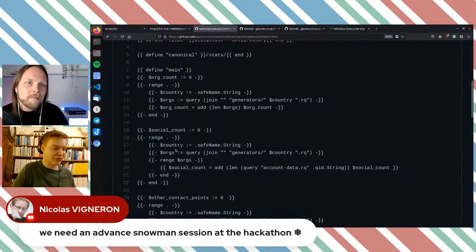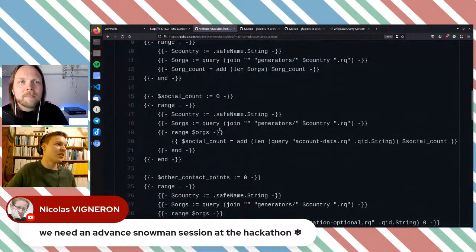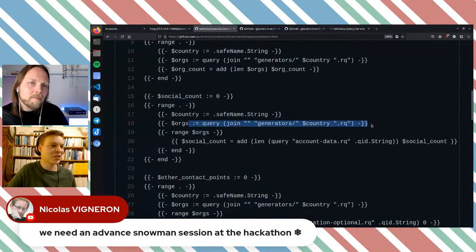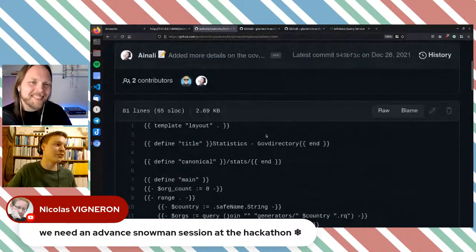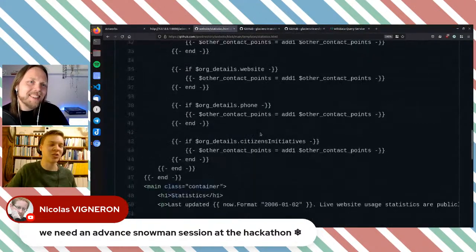Let's see if I can zoom in even a little more. We, for example, count social things by doing a range, a loop, and working with strings, selecting country, doing a parameter query here where we pass the country from the loop, and doing an order loop inside of the loop, and a bit of math. And here we've got three nested queries, and it actually gets rather messy. But nothing of this is HTML. When I scroll, it's just logic. It's just us doing math, and down here comes the HTML.